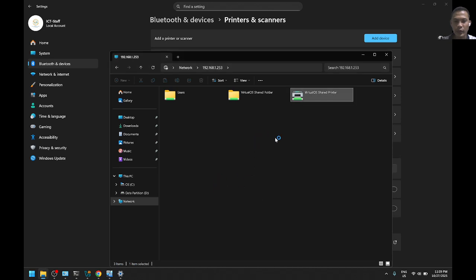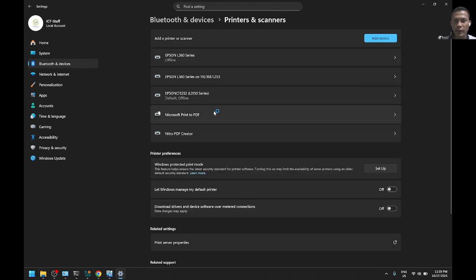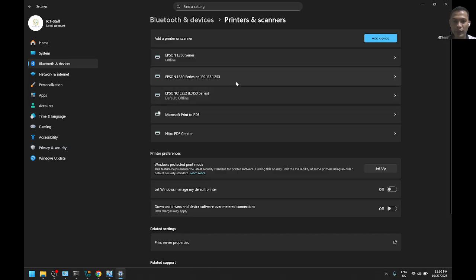Make sure to wait upon finishing installation. So we'll check here. You can see that Epson M360 series is now listed, with the IP address of the shared OS or device.